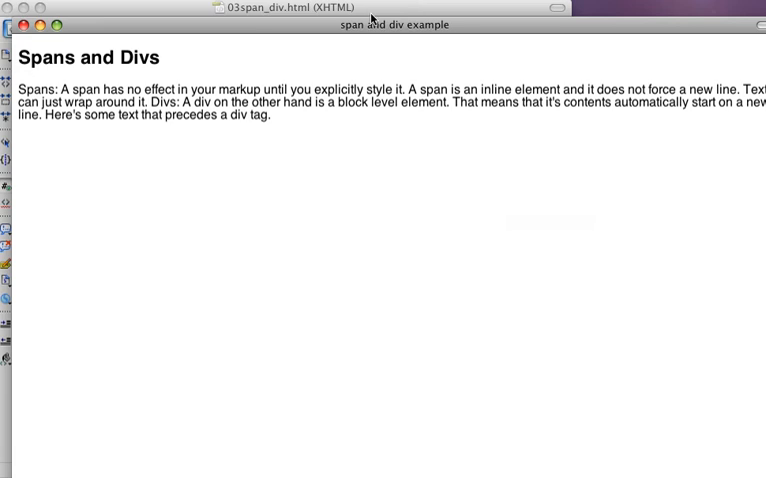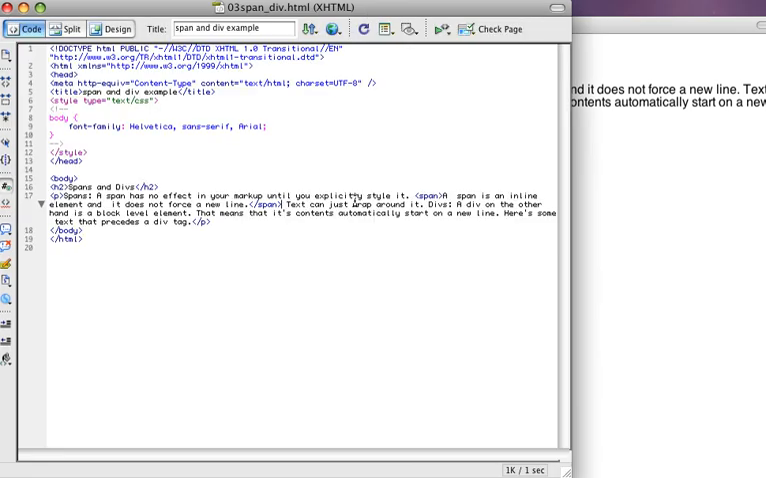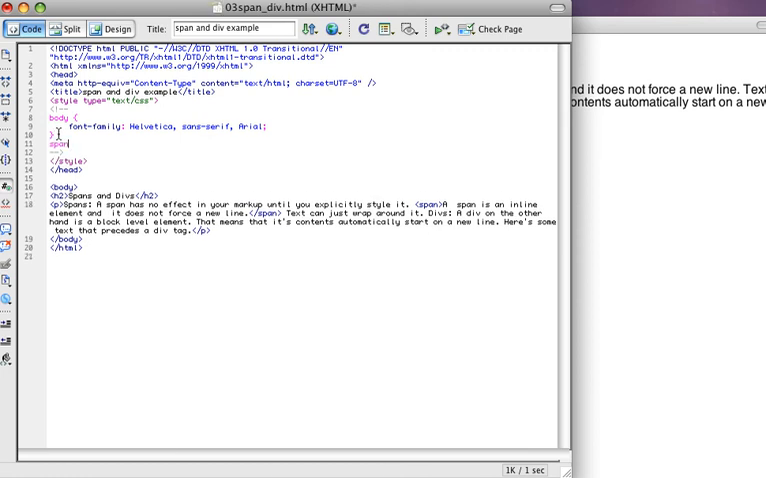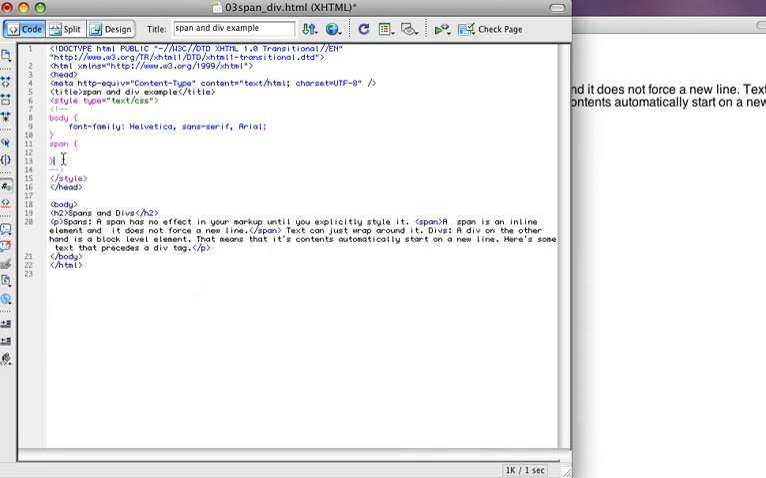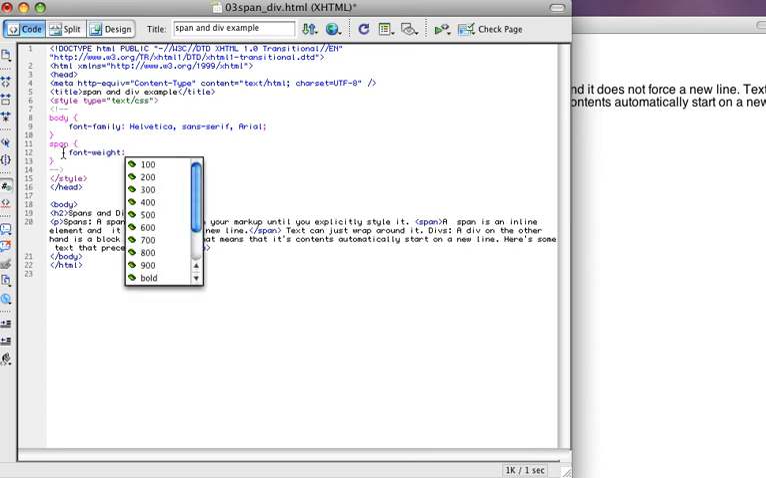So we're going to come back to our HTML document and write a little bit of code in here. We'll create a style for the span tag. I'm going to specify that I want to style span, opening curly brace, and then we'll do our closing curly brace. On the span tag, let's make the font weight bold. So I'll specify font weight, and then that I want that to be bold,